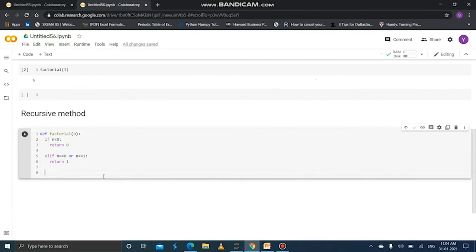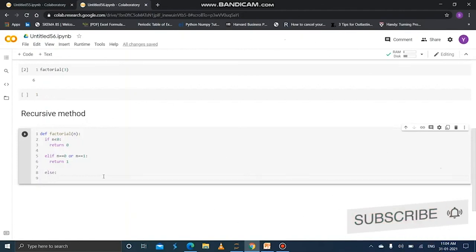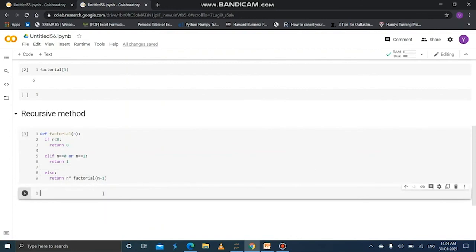So if both of the above cases are false, then else, just see the magic here. Return n into factorial of n minus 1. Here the function is calling itself. However, it won't execute now. It executes the whole code when you call the function. Okay, just call the function factorial of 3.